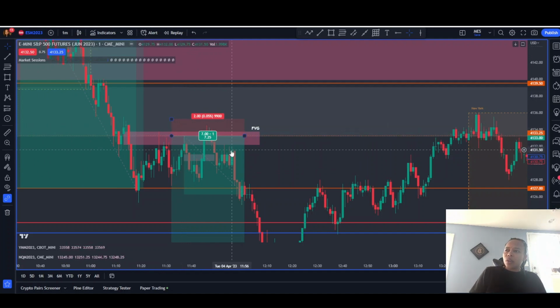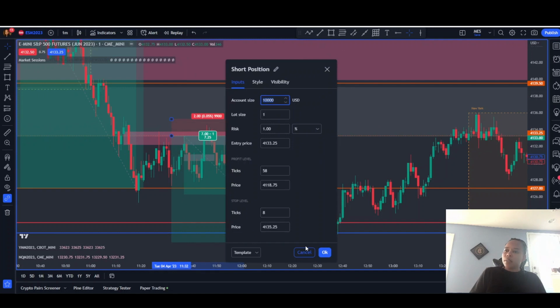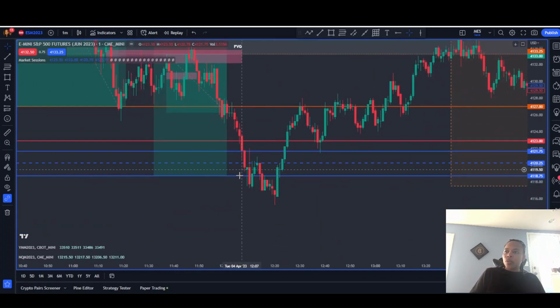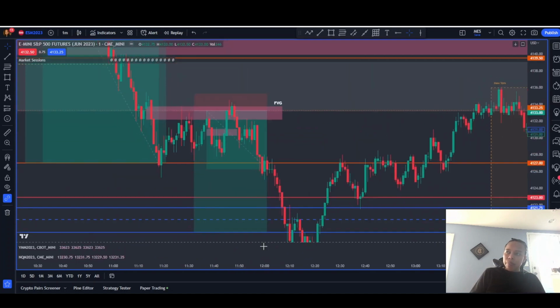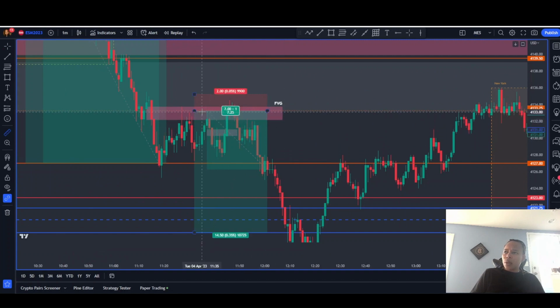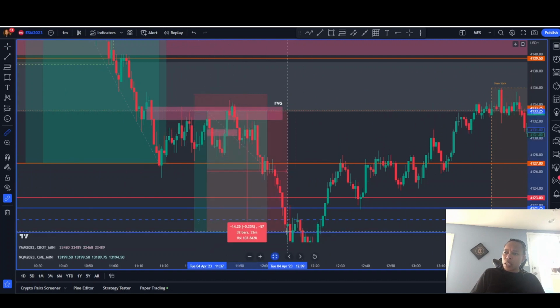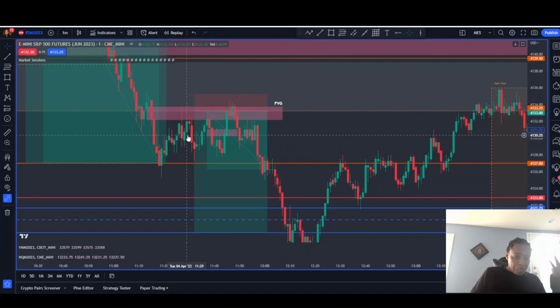So I popped it here. This should also be an 8-tick stop loss. Yes, beautiful. And for it to traverse all the way down to this fair value gap, that's 58 ticks. And how long did that take? Let's say we got in here approximately 32 minutes for 58 ticks. I mean, not bad, right? And those occurred within,